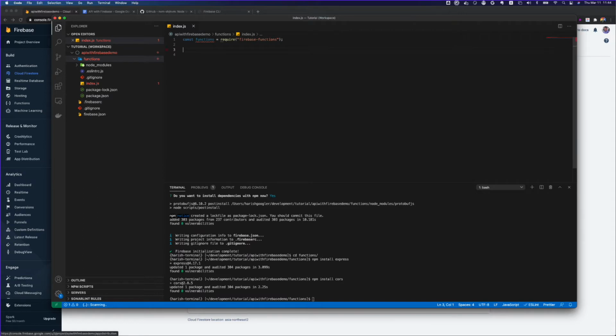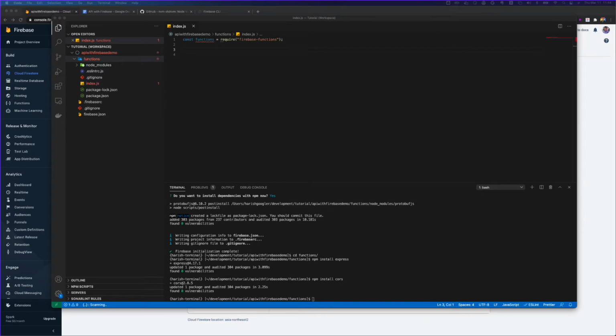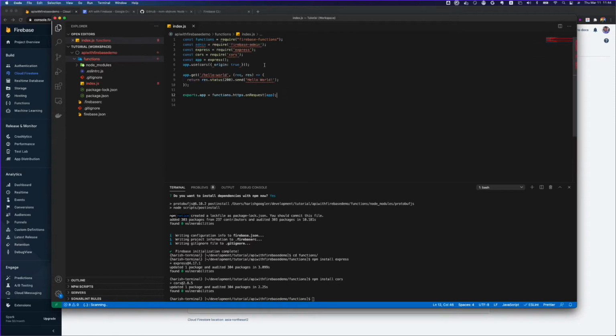So let's do some cleanup first. I'm just going to delete this, and I'm going to copy paste some code so that it's easier, because I don't want to waste time writing it. So let me paste it, and I will explain what exactly I'm doing. Here I have pasted some code.